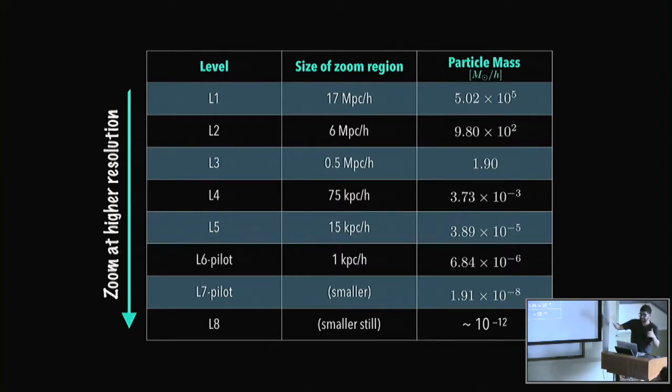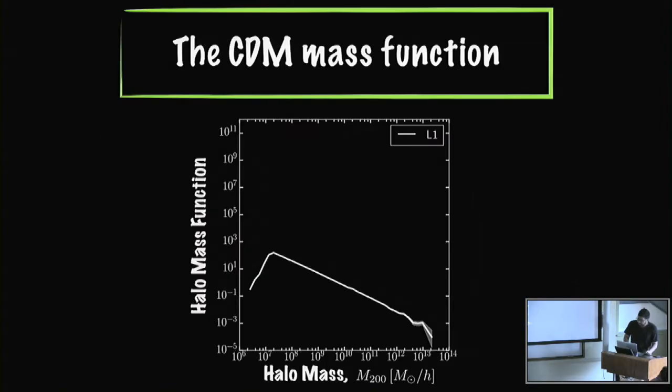So there's a tremendous dynamic range involved in these simulations. Let me show you some of the results that we have for the levels that we've done so far. This is showing you the mass function of cold dark matter with the halo mass on the x-axis and the abundance of objects on the y-axis. In the largest level that we have, we can resolve the biggest objects, so you can see things between 10 to the 7 or so to 10 to the 13.